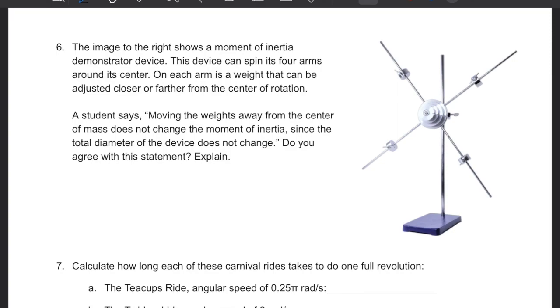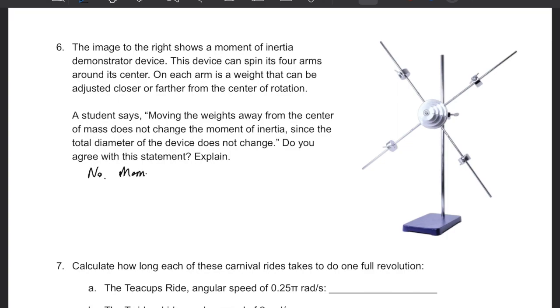Student says moving the weights away from the center of mass does not change the moment of inertia, since the total diameter of the device does not change. Do you agree with this statement? Explain. It's tempting. We can say, well, I equals mr squared, and m is the same, and the total r